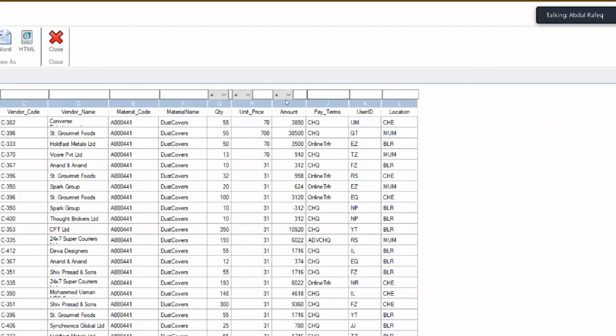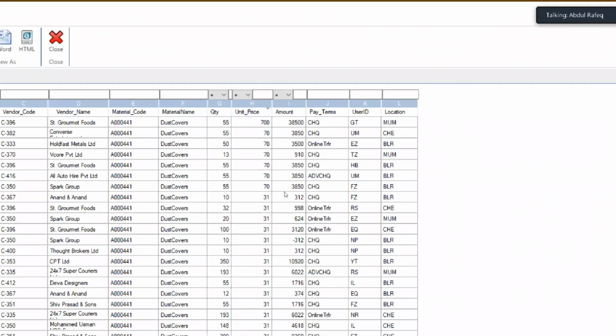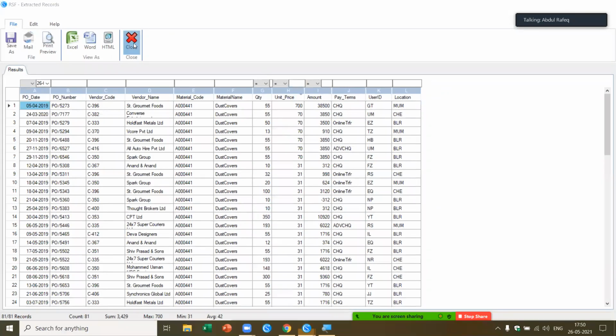Now here, if I click based on the unit price, generally the unit price seems to be 31. I bought at 7 rupees and also 70 rupees. This could be exceptions or there could be some issue. So I can go and find out what the issue is and do further analysis based on this. This I've done based on the latest size factor.